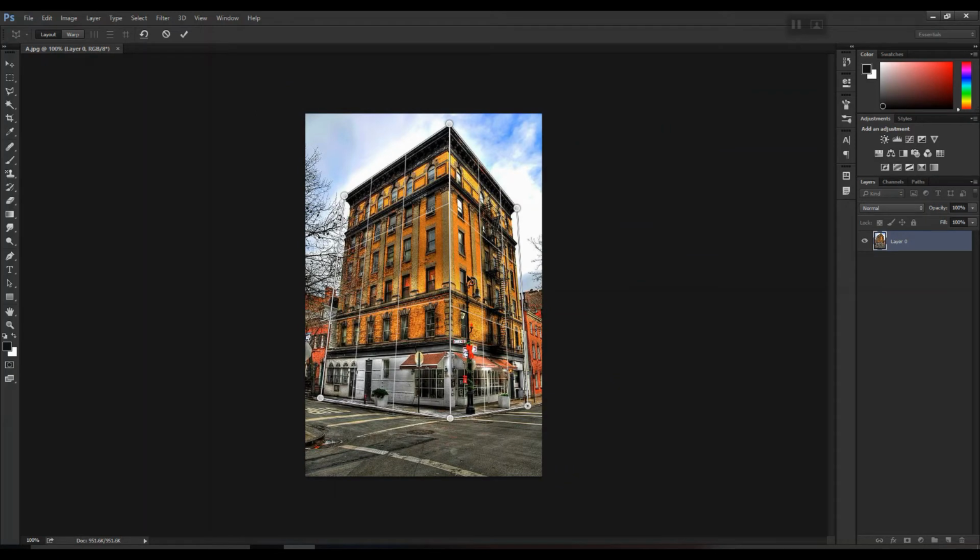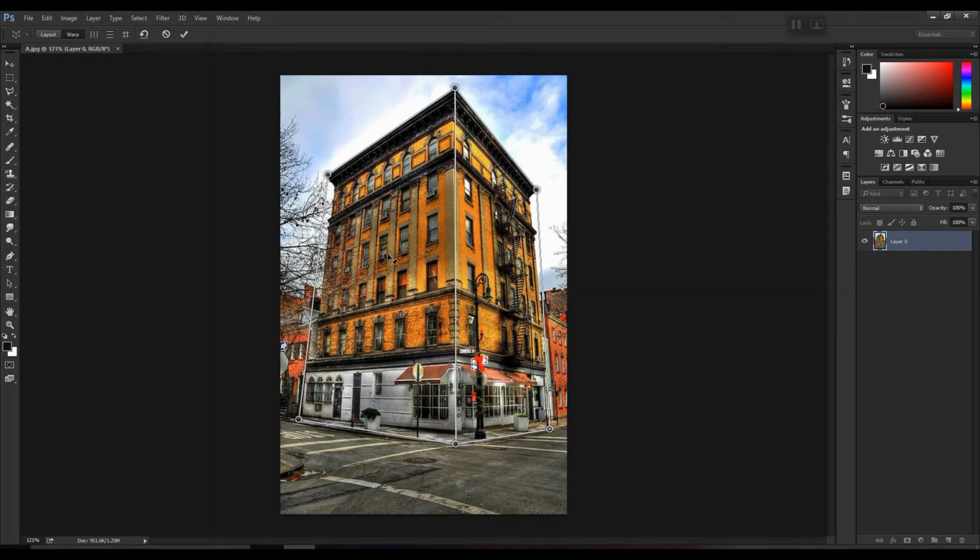After you're done with your adjustments, the next step is to click on Warp. Warp means to rotate the perspective of your building. Let me show you.